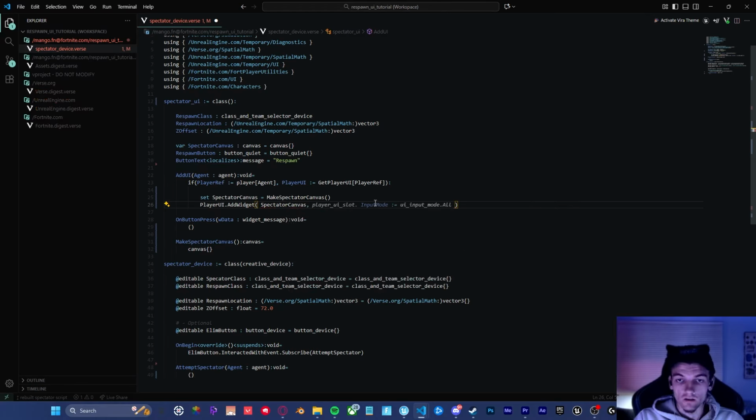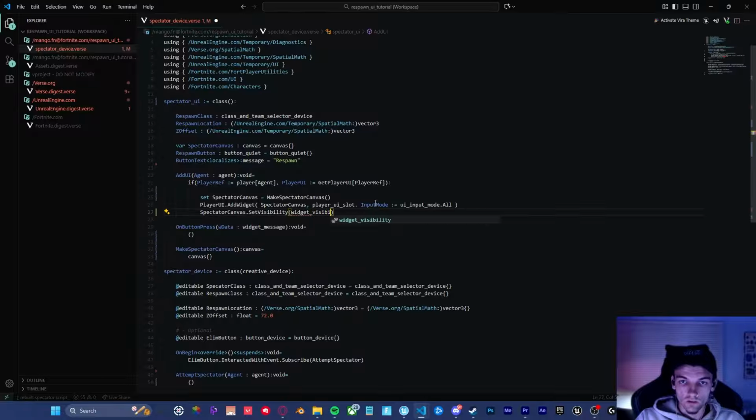We have player UI slot dot input mode dot all. Basically what this does is it restricts any kind of input unless it regards the UI. So for example, when they're spectating, all of their controls will be focused on the respawn button. And lastly, inside of the add UI function, we need to do spectator canvas dot set visibility equals widget visibility